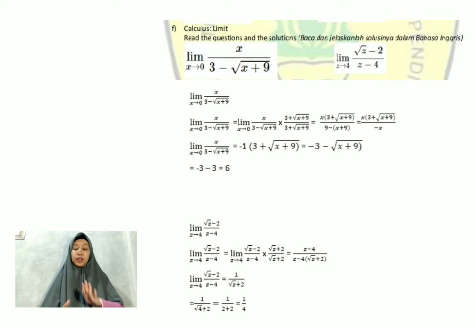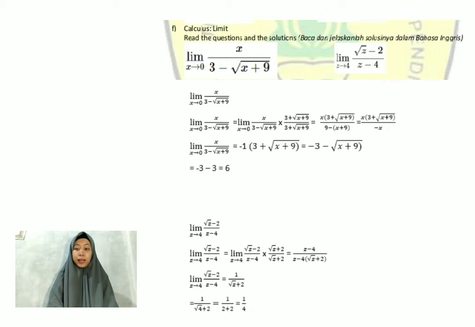Question number 6 is about limits. Read and find the solution. First question: the limit of x over 3 minus the root of x plus 9 as x approaches 0 equals the limit of x over 3 minus the root of x plus 9 as x approaches 0